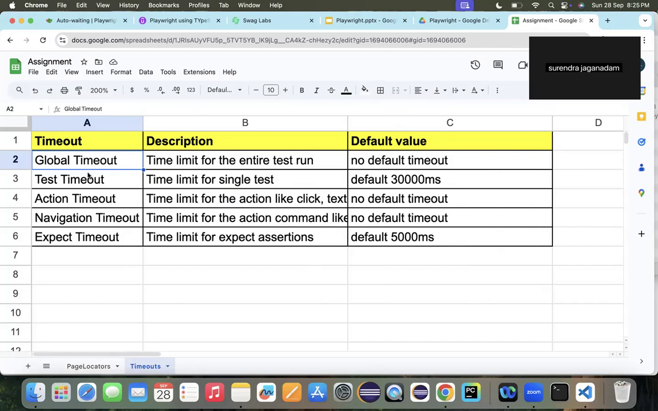That's perfectly all right. Another thing that we need to consider here is that the action timeout cannot be longer than the test timeout, and even this test timeout cannot be longer than the global timeout as well. Perfectly all right. And then the next thing that we need to consider is the navigation timeout